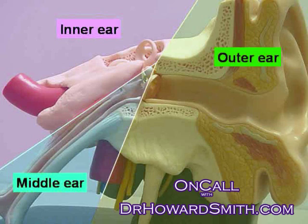tubes put in. Now, if fluid is observed in the ears for more than 3 months, but the child is definitely experiencing trouble hearing, learning, paying attention, or is having other behavioral difficulties, that would be an indication for tubes. Consistent or fluctuating eustachian tube dysfunction for more than 6 months, if your child is experiencing hearing, learning, attention, or behavior difficulties. And, of course, the deterioration of the appearance of the eardrum, including the development of saggy